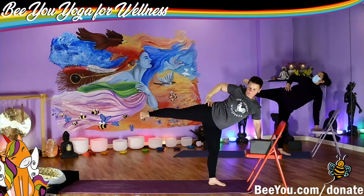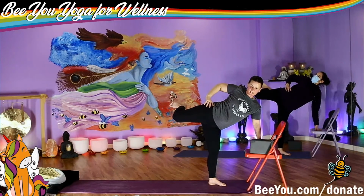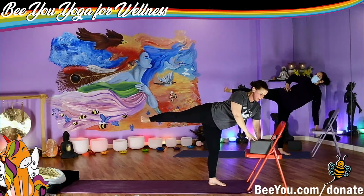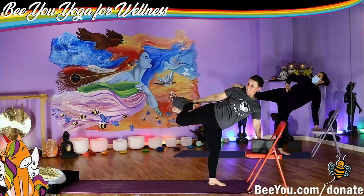Heel to glute without anything else moving. Lengthen, squeeze. Lengthen, squeeze. And you can stay with this. If you can focus on staying really strong, you're going to try and hold your block on your foot